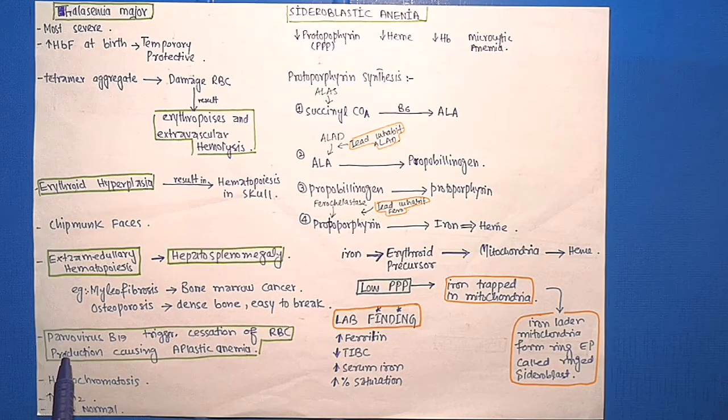The parvovirus B19 triggers the acute cessation of red blood cell production, causing aplastic crisis or aplastic anemia. Aplastic anemia is the damage to the hematopoietic stem cells. So these viruses damage the hematopoietic stem cell, resulting in anemia, thrombocytopenia, leukopenia with a low reticulocyte count,